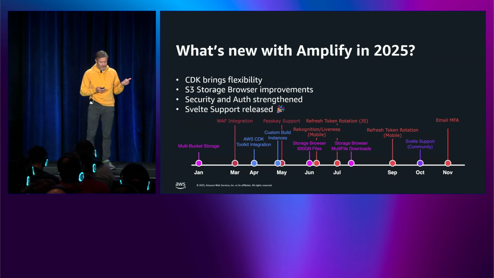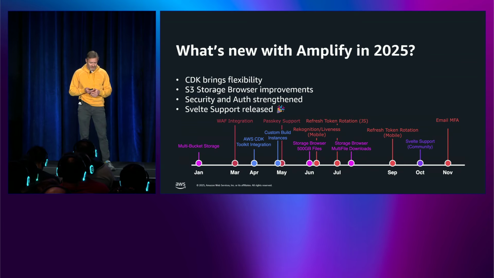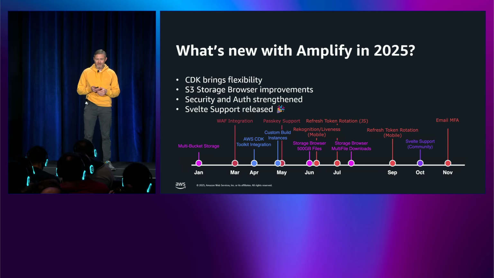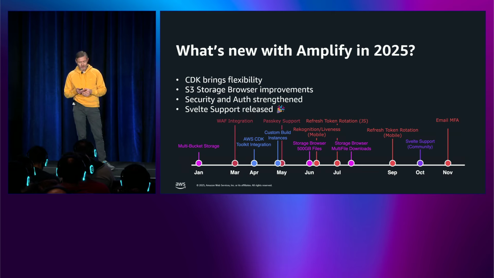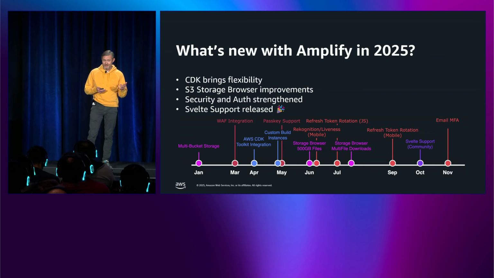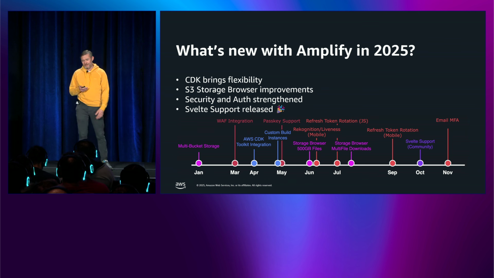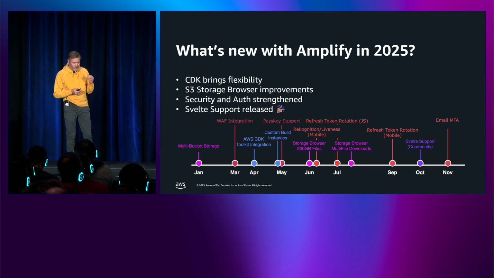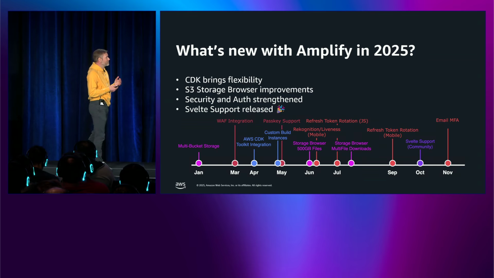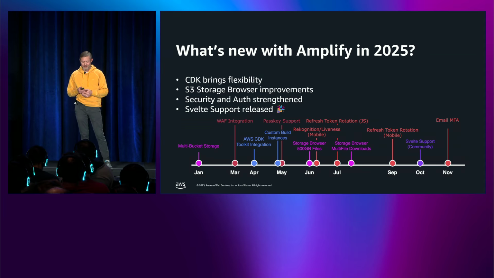There was web application firewall integration. There's passkey support, which helps you to log in as a customer. And one thing that probably is a very tedious task is refresh token rotation. So if any one of you ever had a certificate that ran out of time and just broke in a moment, it's a lot of hassle to actually get that back up. And I have never seen that there is a perfect way to deal with that. And it's something that just requires a lot of automation and consciousness about that to be the case.